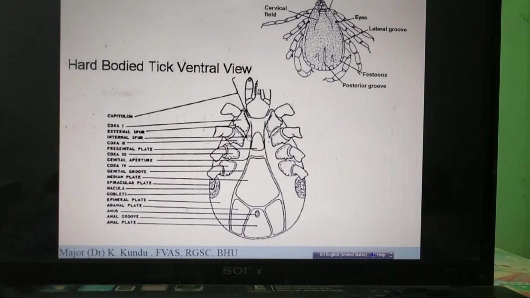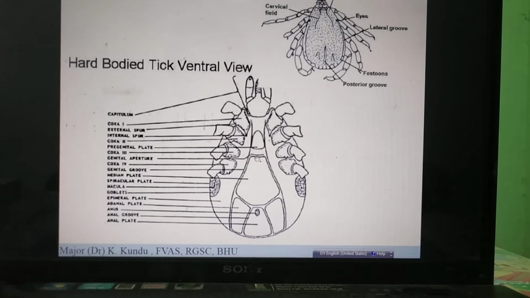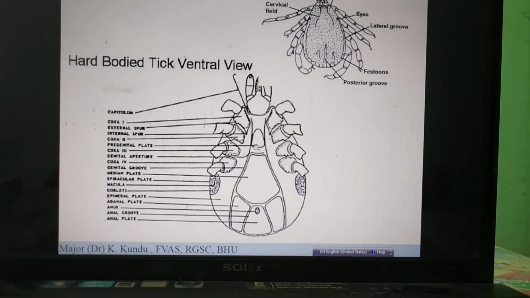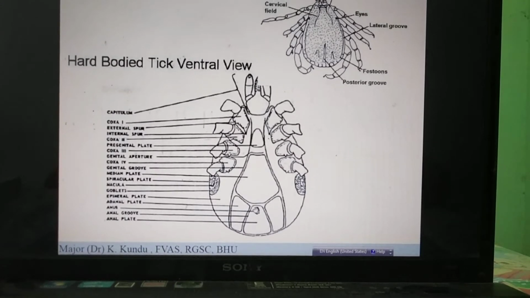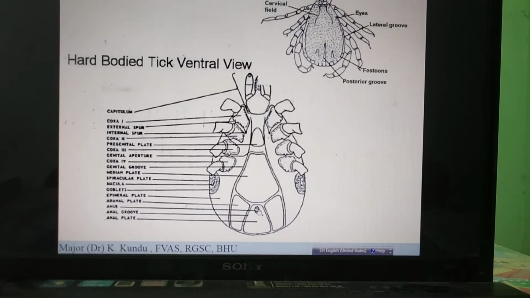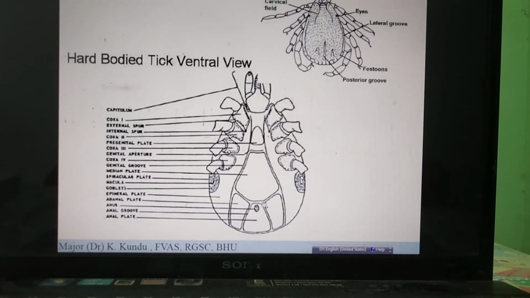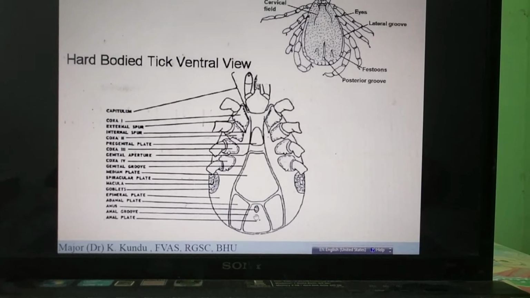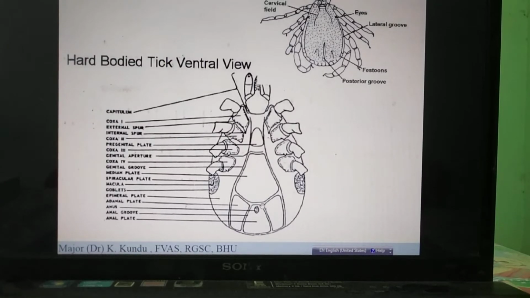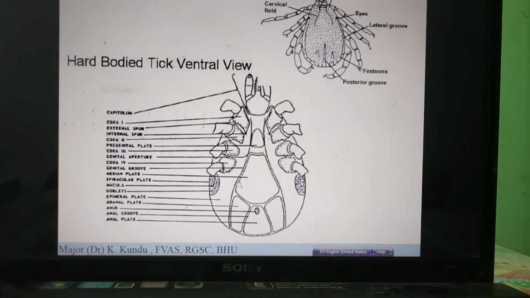And then on the ventral aspect, the important structures are the genital pore. The genital pore is present in both males and females, and then the anal opening. Now this is the most important structure, the structure surrounding the anus. There will be an anal groove. This may be posterior or this may be anterior. Now remember one thing, almost all the ticks have a posterior anal groove excepting Ixodes, which has an anterior anal groove.